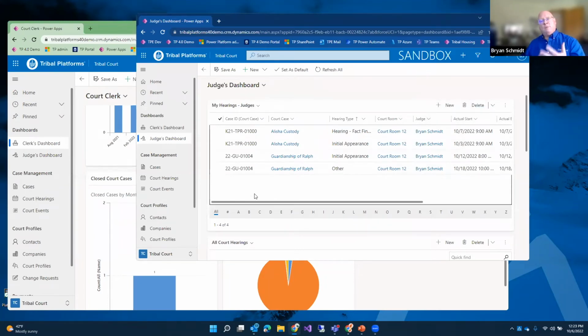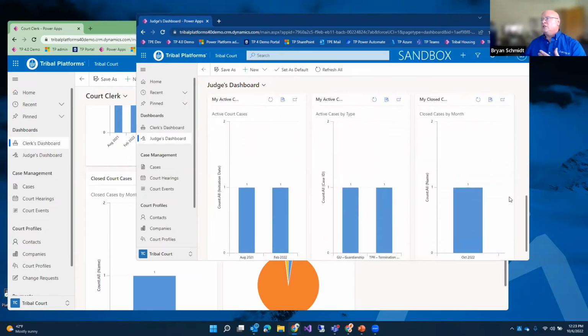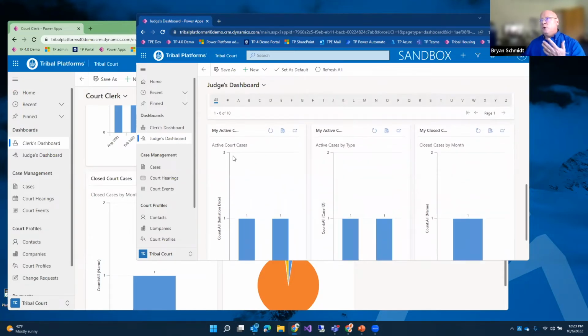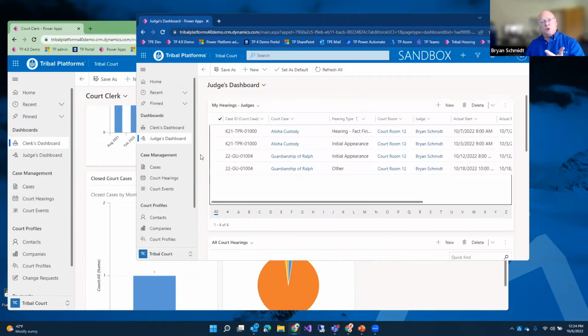So now I'm logging in and I can see my cases, my hearings that are scheduled. I can see all the court hearings if I need that. But you can organize these dashboards in exactly the way that a judge wants to see the data. But what you're seeing here is the role-based security. So you can define who is a judge, who is a court clerk, and at a granular level, define who has access to what data and records within the system.